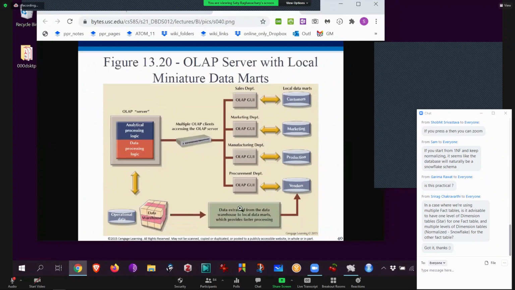But then from there, you extract them into little pieces. In other words, the manufacturing department says, we want our own mini warehouse. That's what this is. So then they have their own UI, the tools for it. Likewise, the marketing people say, I just want marketing figures, and the sales people want sales figures. So R&D, purchasing, everybody has their own pieces of the data warehouse. And the reason is efficiency.